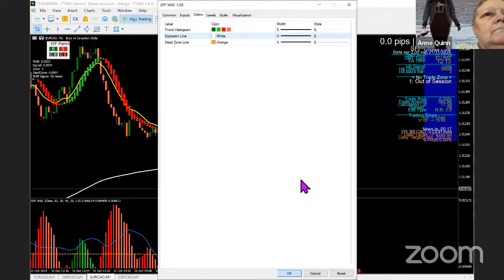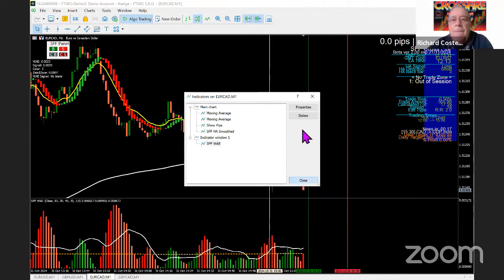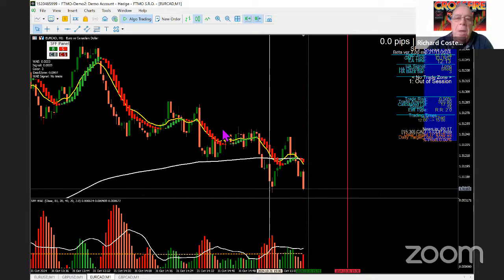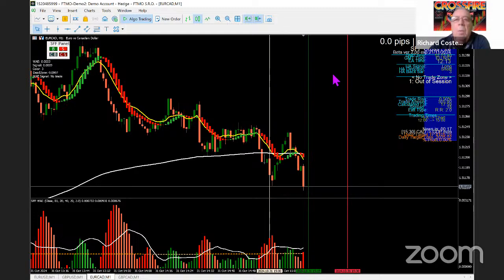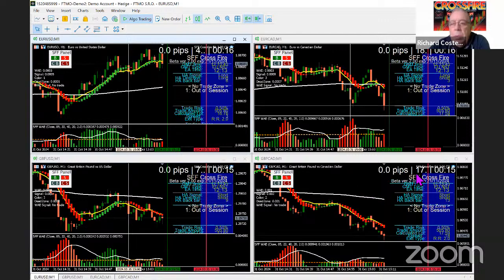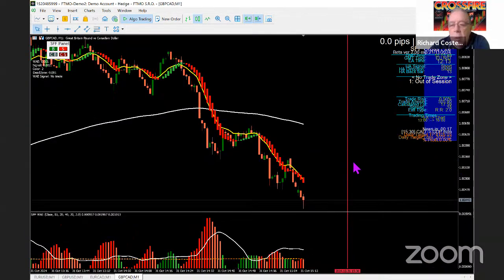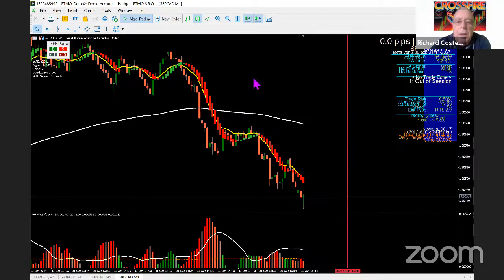Okay, so that's changed to white. So that's 3 pairs done. I'll do the 4th one, then I'll explain what difference the smooth Heiken-Ashi value makes. We just need to change this last pair, and we're still not quite at 15 minutes past, so I haven't missed anything. Right click,